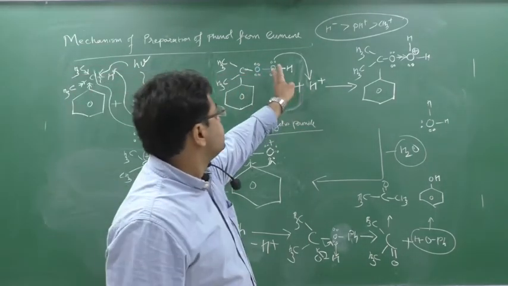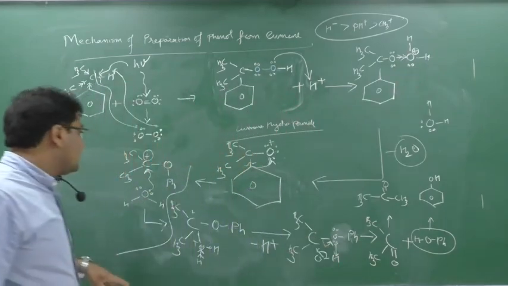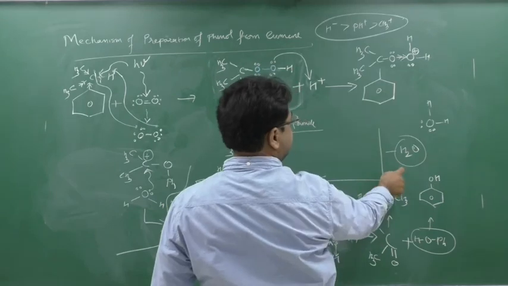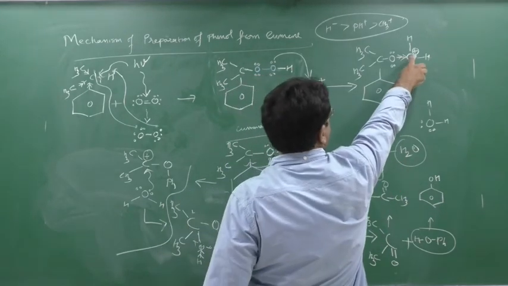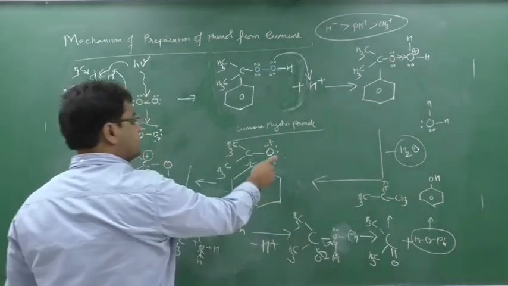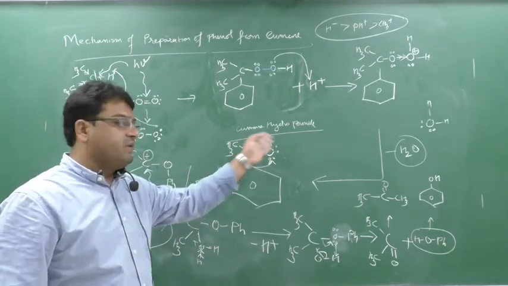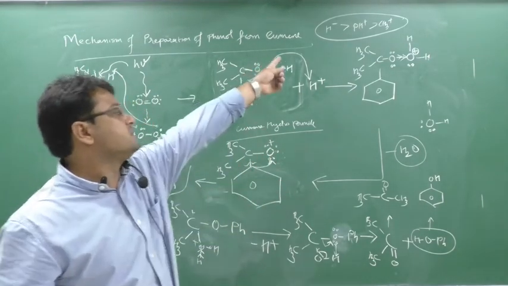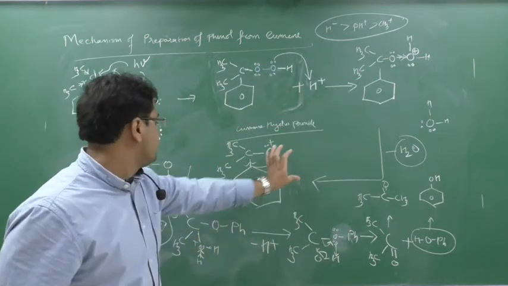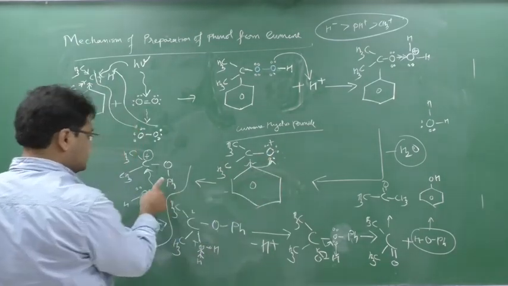In the second step, H plus will be donated to this oxygen, so oxygen will have a positive charge. Now this oxygen is having the positive charge, so this oxygen will start to attract the electron from this oxygen, so water will be released. Now this oxygen is having the positive charge, so you have to satisfy it, either this methyl will shift or this phenyl will shift, but we know the series. The phenyl is more stable for shifting than the methyl. So phenyl will shift to this oxygen. I am writing the phenyl as pH.